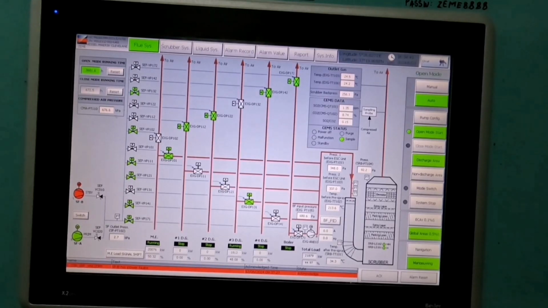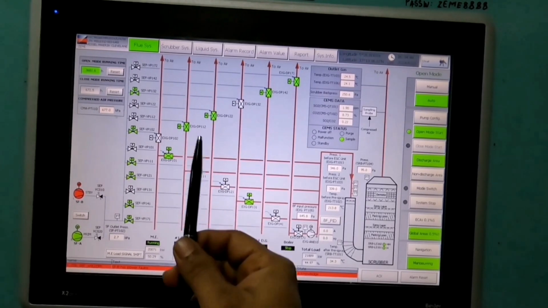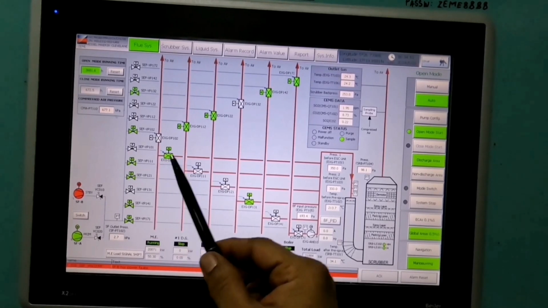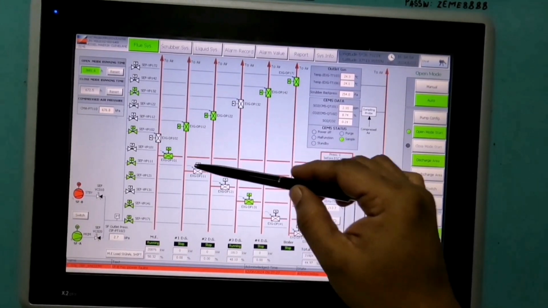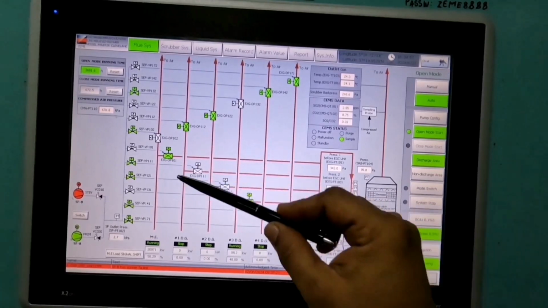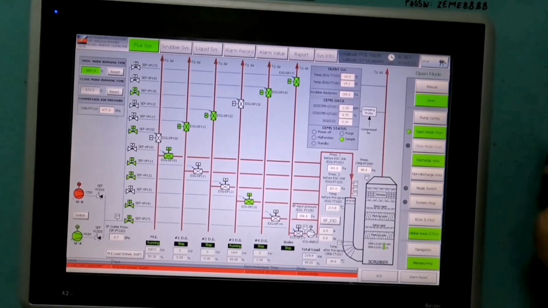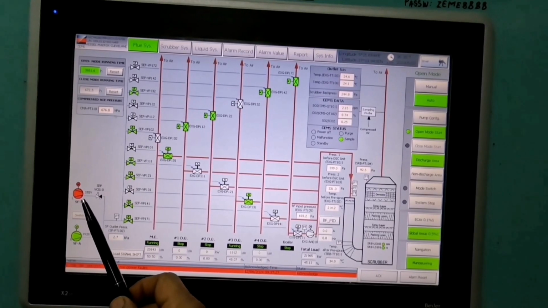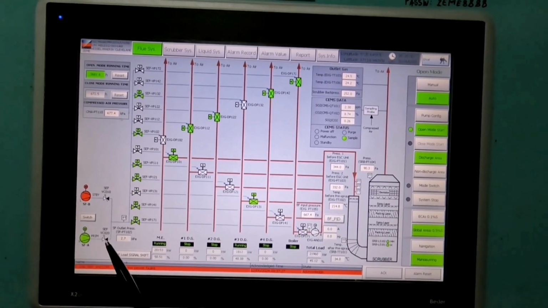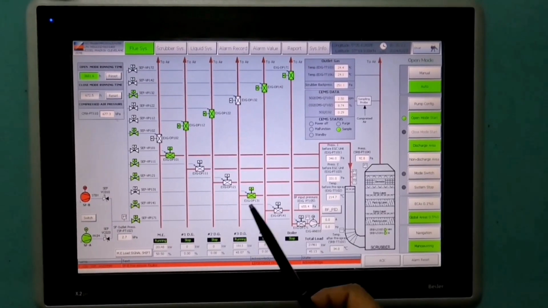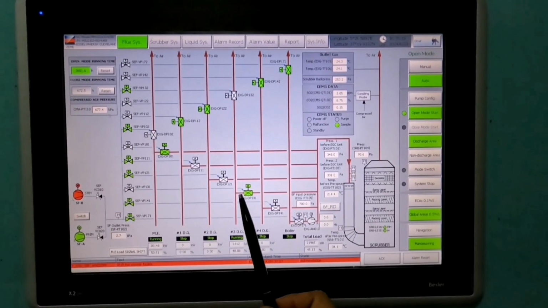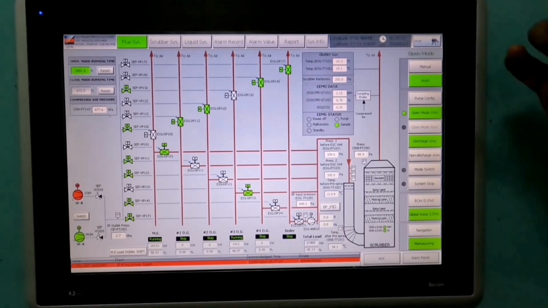I would also like to bring to your notice that these valves which are being operated are sealed by air. Now you know the importance of these valves, because no exhaust should go that side, and there would be deposits as the exhaust gas contains soot. So here we have two sealing fans. One is out of operation, that's why it is showing red. These fans supply sealing air to these valves so that there are no deposits and exhaust gas does not go to the other side. For proper sealing, we have been provided these sealing fans.